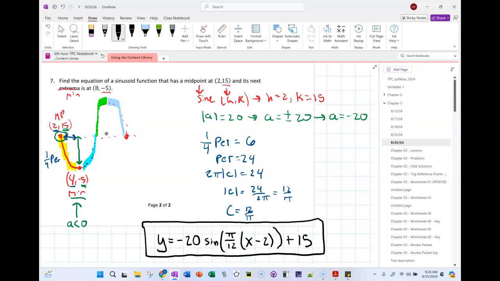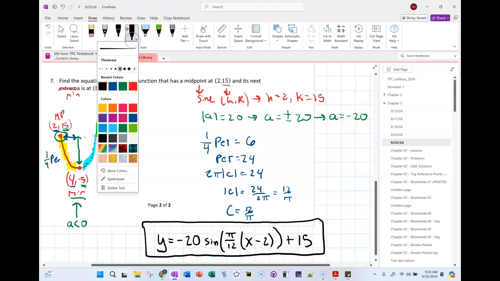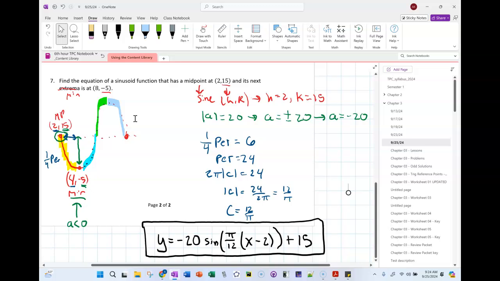Does that feel okay, Josh? Yeah? We're okay? It would have been different if you used cosine. So what would have been different if I used cosine? If I did this as a cosine equation, the only thing different would be that this would be the